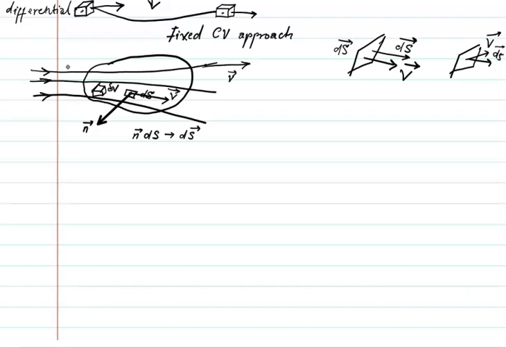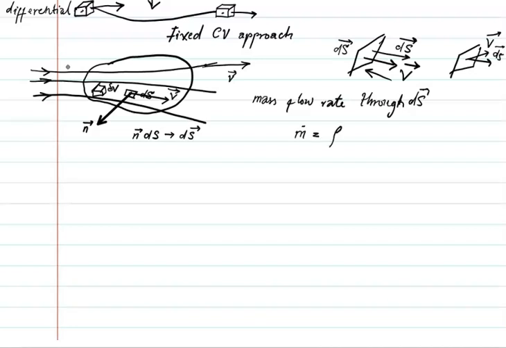We could note that the amount of fluid leaving is known by how lined up these two arrows are. When the two arrows are lined up, there's max flow out, and when the two arrows are perpendicular, there's no flow out. Also, going to the definition of in and out, when v points in this direction, this is an inflow. When v points in the same direction as ds, this is an outflow. This could be written as a dot product, from our vectors. So the mass flow rate through ds